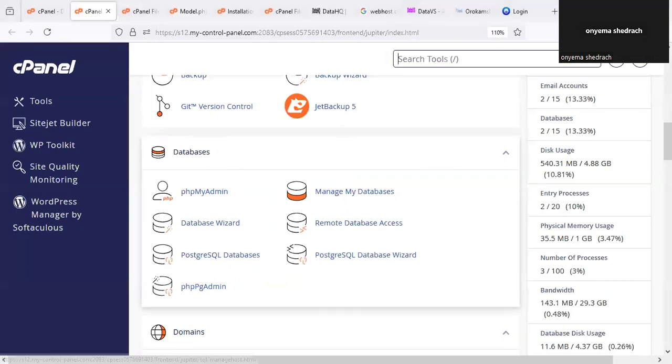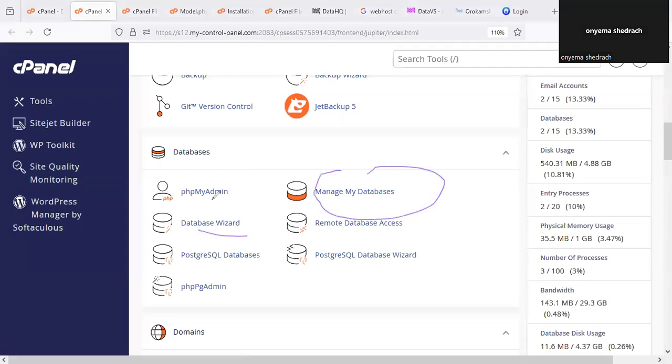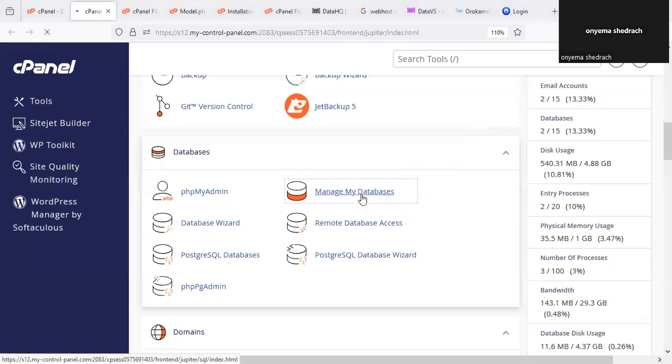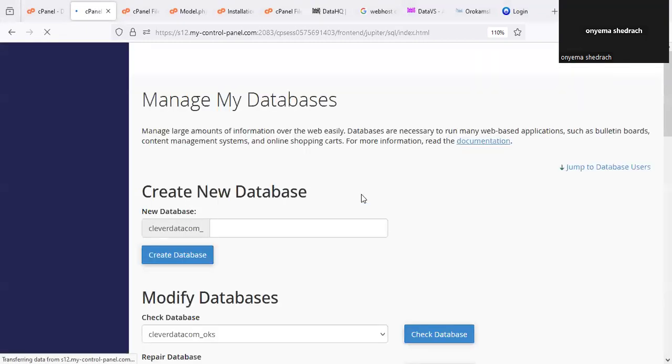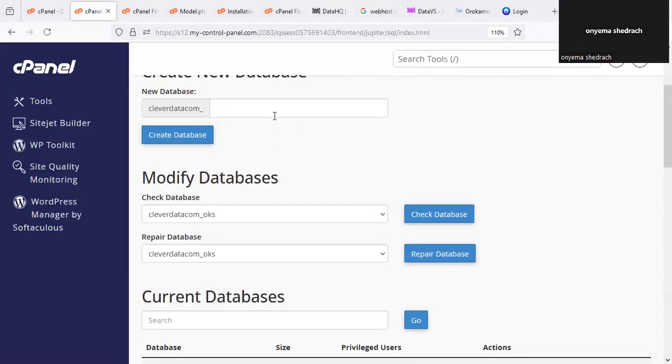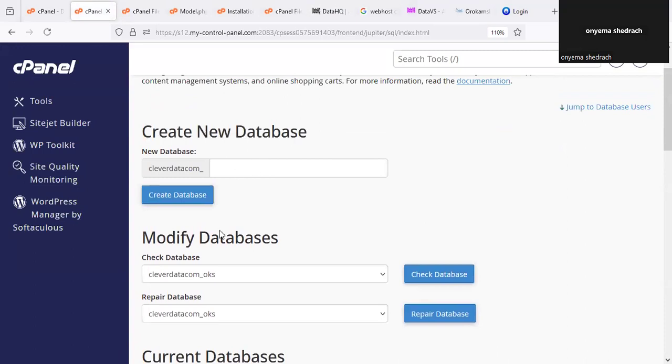So I'm going to go to database. I usually like to use database so that I will know what I'm doing. Most people use database wizard, but I just like to use this. Okay, so just click on that. So I'm going to click on this. So once you are here, the next thing I have to do is to create a new database that will enable me to connect the application. So I'm just going to click on user DB. I usually use something very good. So I'm just going to copy this,